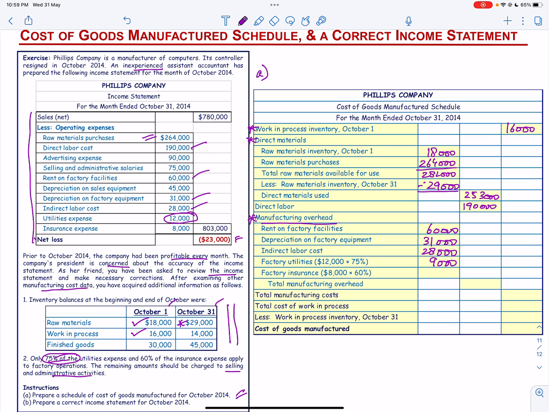For factory insurance, we are going to have 60%. 60% of factory insurance, that is 8,000. So 60% will be 4,800, and the total manufacturing overhead is 132,800. So we have the direct material used, we have the direct labor, we have the total manufacturing overhead, and